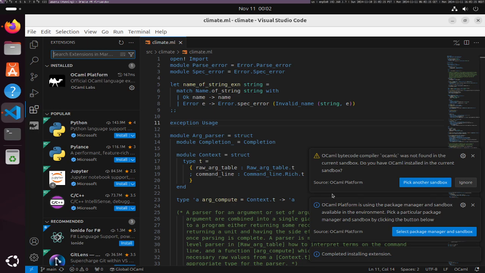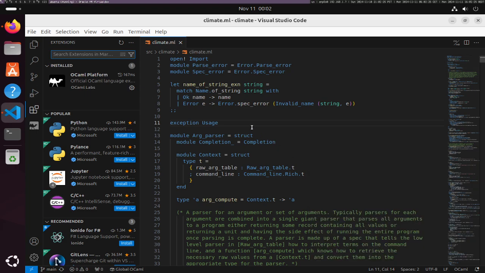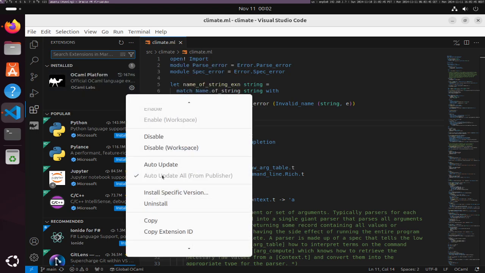Alright, cool. So it gives us this warning that ocamlc wasn't found in the sandbox. That's fine. We don't need ocamlc. Dune will take care of that for us. Yeah, that's all fine. The one extra thing we're going to need is we have to configure the plugin we just installed to know how to run OCaml tools. Because its default config assumes you use opam, and we're not going to use opam. So we're going to go into its settings,